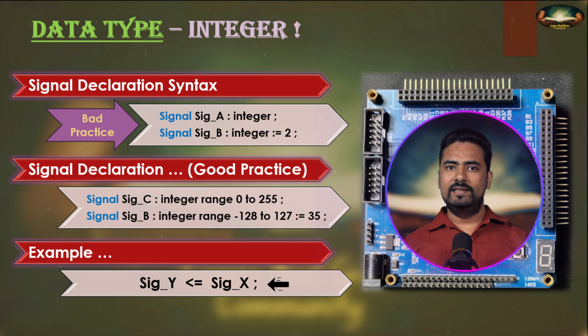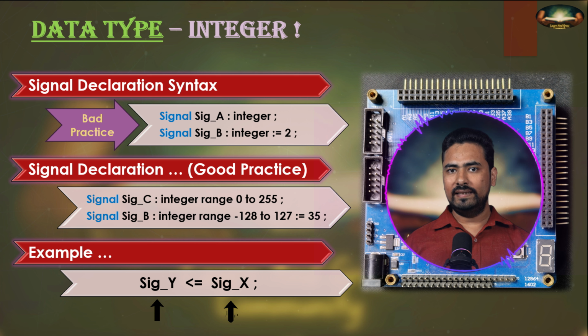Now let's quickly look at integer signal assignments. VHDL allows assignment between integer signals as well, like we did for the std_logic signal types. So the syntax is the same: signal name of destination, assignment operator, signal name of source, semicolon. As long as both signals share the same data type, like integer in this case, and have the same compatible range, you can directly assign the value of one signal to the other. For example, signal y gets the value of signal x semicolon. This statement will assign the current value of signal x to the signal y.